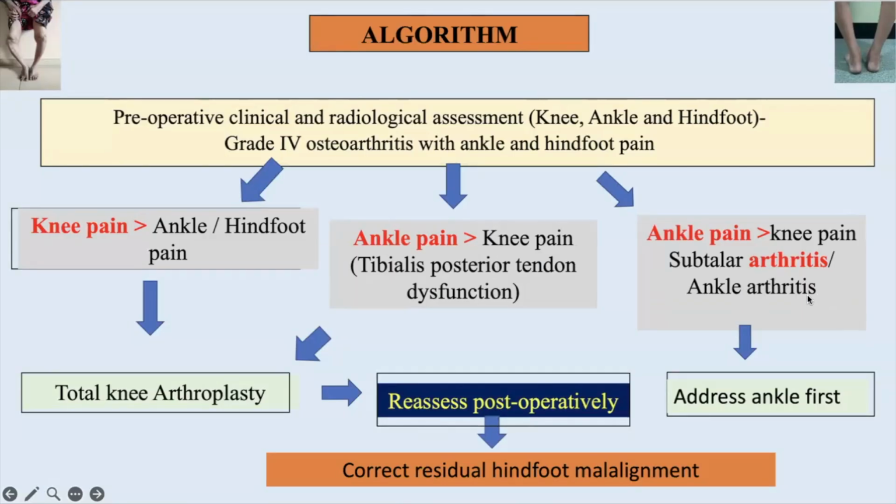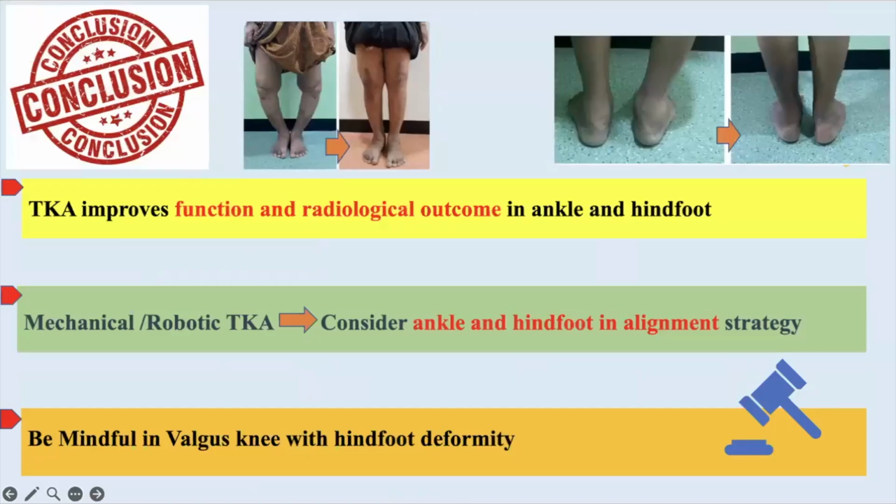This algorithm will be very helpful. So you have to address the ankle first. Otherwise, if it is only tenderness secondary to an ankle or hindfoot issue, you can go ahead with total knee arthroplasty and reassess post-operatively, and you can correct the residual hindfoot malalignment with footwear modification. So the conclusion of our study shows that TKA improves functional and radiological outcomes in the ankle and hindfoot,